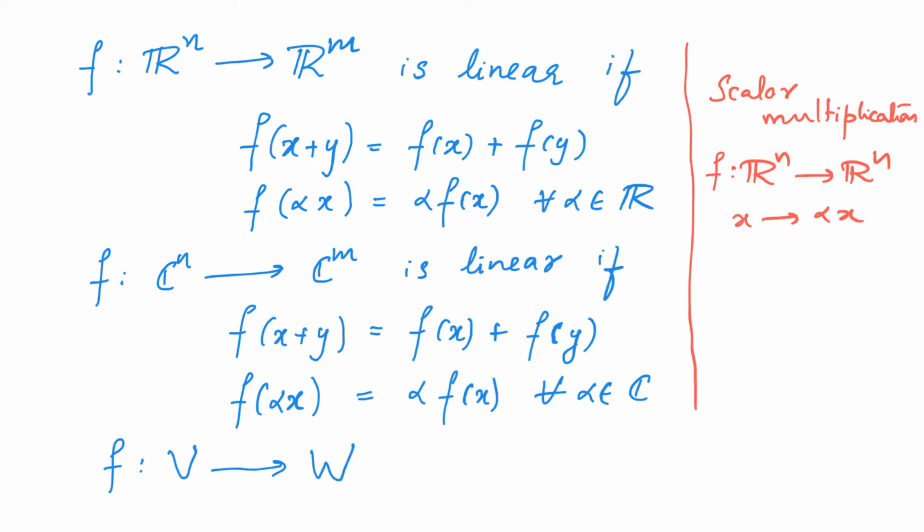Given the importance of linear functions, sets on which we can define linear functions are also important. Therefore, sets on which we can do addition and scalar multiplication will have a special name. Of course, we wouldn't want the addition and scalar multiplication to be defined completely arbitrarily. We would like them to have some nice properties. Sets V on which we have addition and scalar multiplication such that they satisfy some nice properties would be called vector spaces.